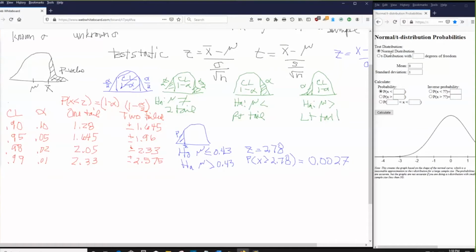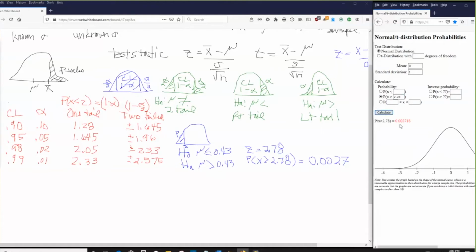Because I have a z-score, I can use the standard normal distribution, which means I can use a mean of 0, standard deviation of 1, and plug in this value where x is greater than 2.78. And then if I calculate that, that's going to give me a percentage of 0.027, which tells me that